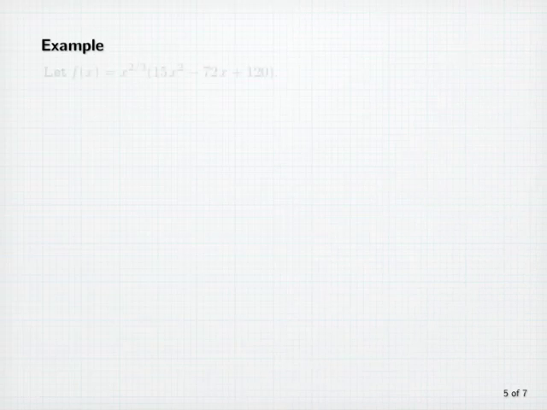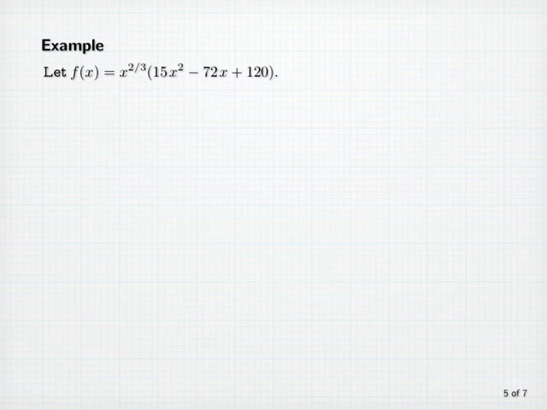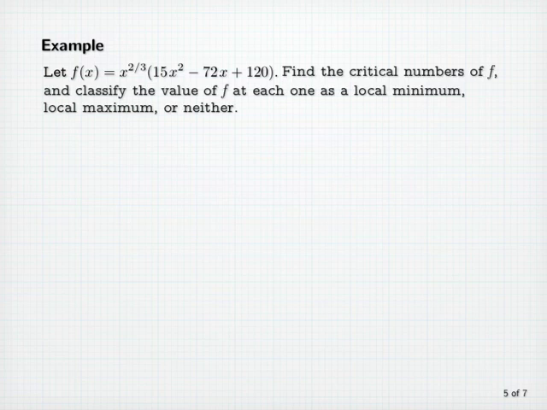Example. Let f of x equal x to the 2/3 power times 15x squared minus 72x plus 120. Find the critical numbers of f and classify the value of f at each one as a local minimum, a local maximum, or neither. For the purpose of taking the derivative of f, let's expand the product and write f